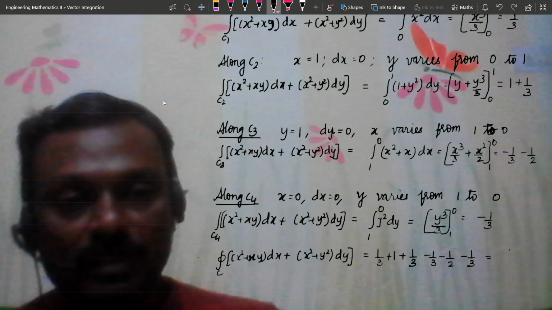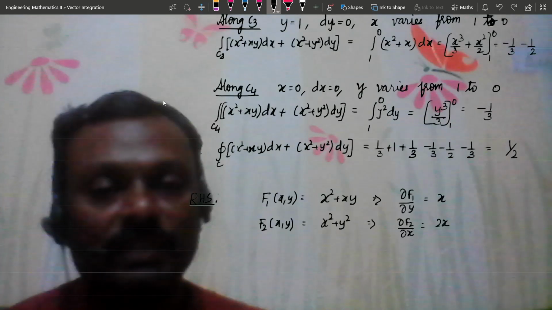Now let's consider the right hand side. The right hand side is the double integral over R of ∂f2/∂x minus ∂f1/∂y dx dy. From f1, let's compute ∂f1/∂y, it's nothing but x, and f2 is x squared plus y squared. On partially differentiating with respect to x, ∂f2/∂x is 2x, and substituting in the right hand side of Green's theorem we have